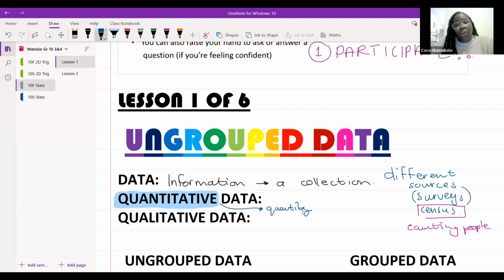Now, if we think of the quantity of something, it's definitely going to be things that we can measure. Is that making sense? When we think of quantity, we're looking at things that we can measure, like test marks, the number of something, or the average height of something. Yes, Leandra, if you're not quite understanding what's happening, please ask. Yes, it's normally numerical values or things that we can actually sum up. Okay, all of these kinds of things.